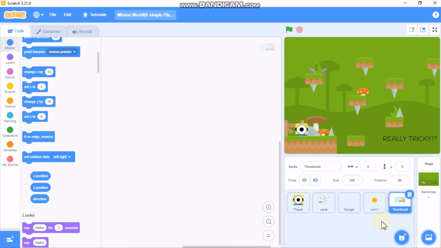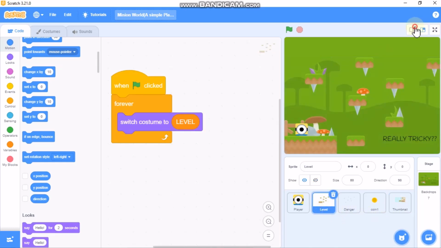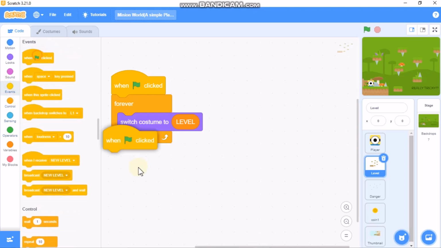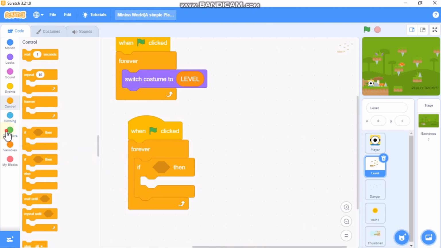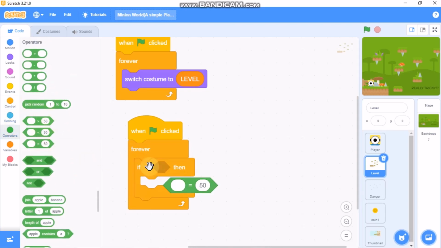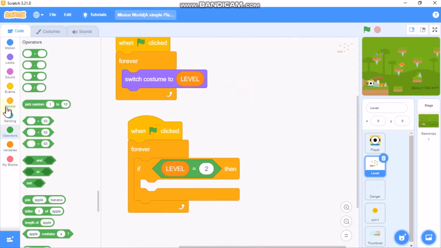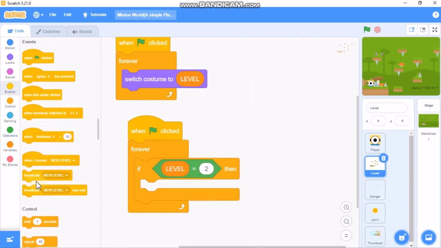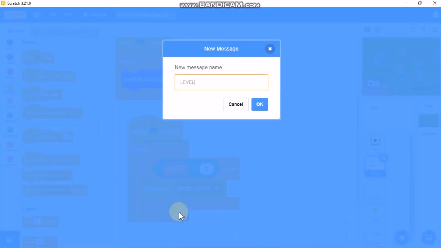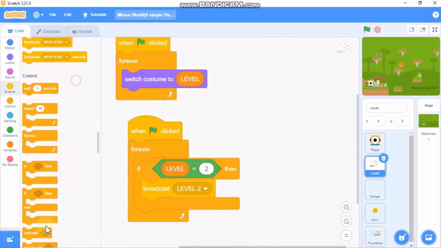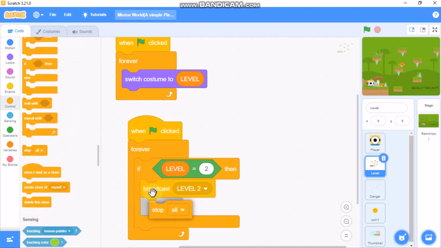So now I'll be showing you how to code the coins. Click on levels, and when flag clicked, grab a forever if, grab an equals. So if our level equals 2, then we need to broadcast a new message for level 2, and then we need to stop this script. Duplicate this